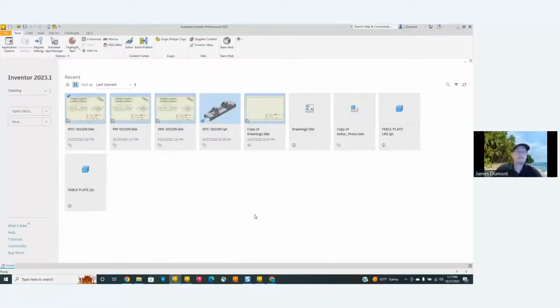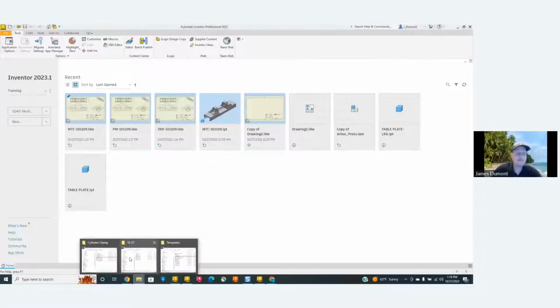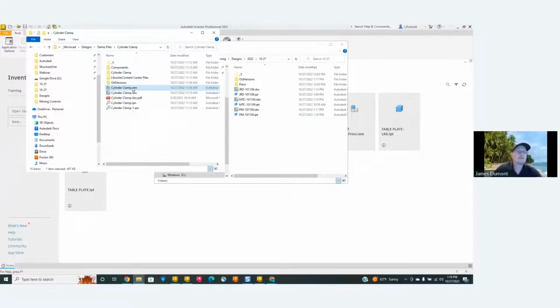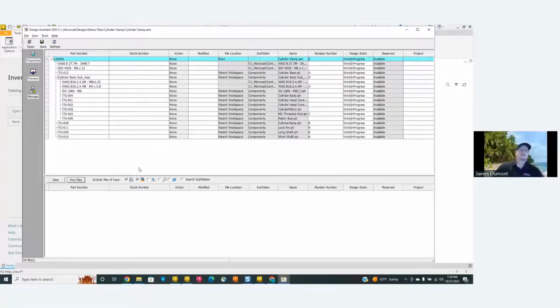Now, what about an assembly file? So we get into here. Actually, let's go over to here. Here's a little cylinder clamp. Now, I can do the same thing with assemblies. So this is going to show me the part numbers, right? And I'm seeing Content Center, which I do not want to copy. So you have to decide if this is an assembly where maybe you want to copy everything except for Content Center files, and you're truly going to change everything, that's fine. So you have to be very specific in what you're doing.